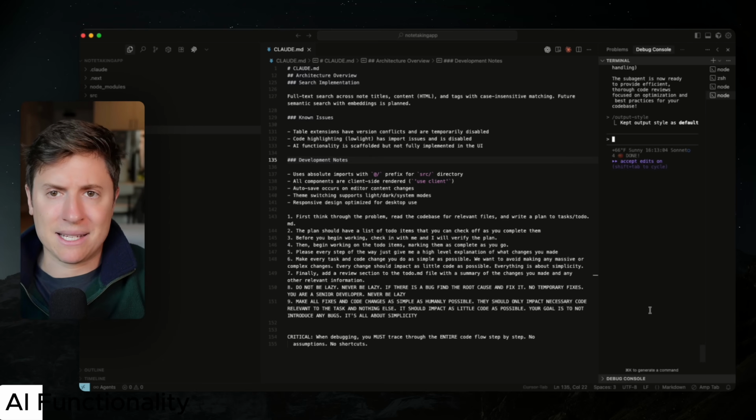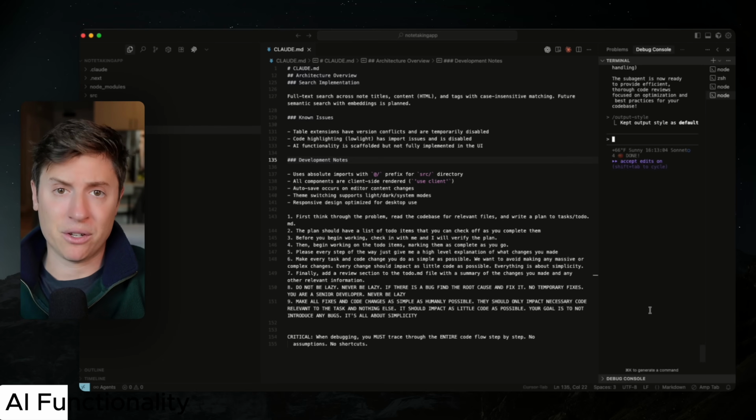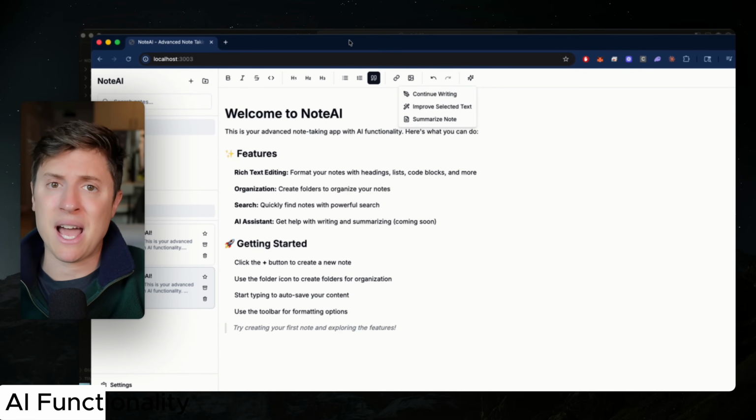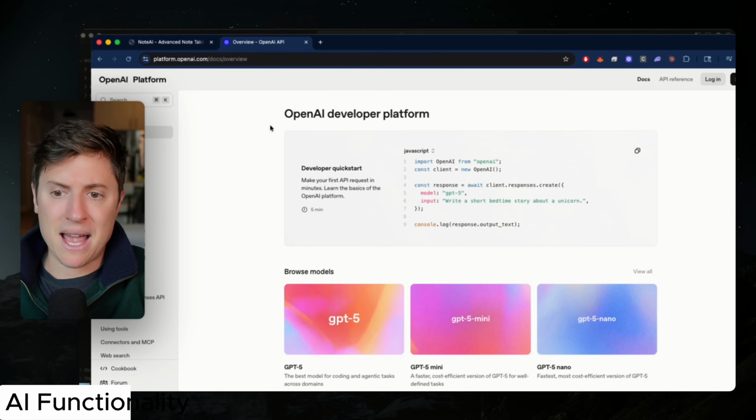What I want to do next is implement the AI functionality into our app. So I'll show you how to implement AI functionality. Again, in our note-taking app, we have a few different pieces of AI functionality we're going to implement. So we need an API key from OpenAI to get this to work. So if you've never implemented an API key before, go to